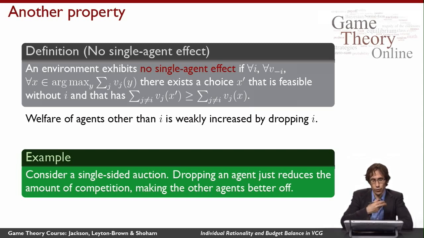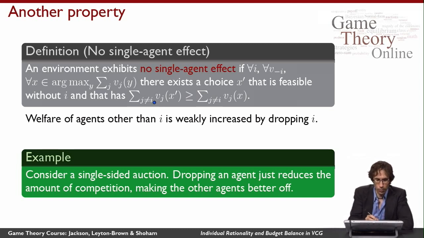And if I drop an agent, one of two things is possible. Either that agent wasn't winning the auction before, in which case the social welfare maximizing outcome remains the same after the agent has been dropped and nothing changes, and so then I get equality in this expression. Or that is the agent who was winning before, and then I pick a different winner once that agent has been dropped. I'll get less social welfare overall,